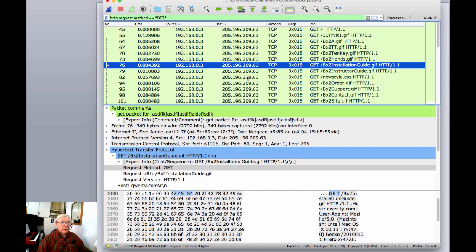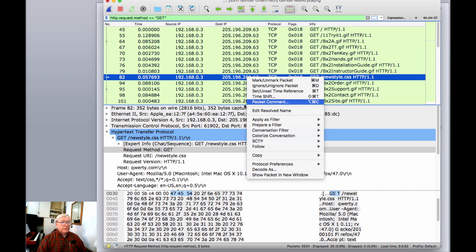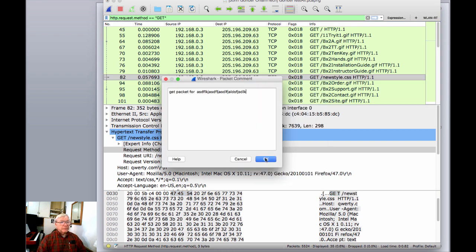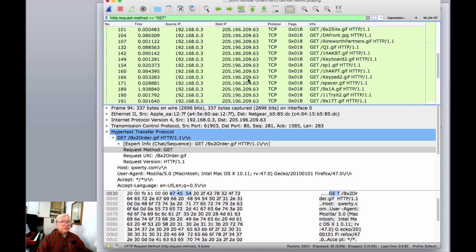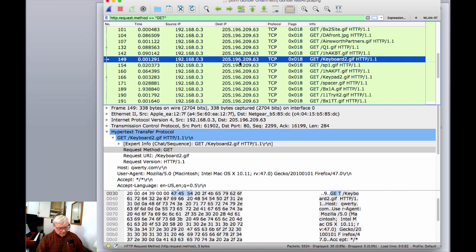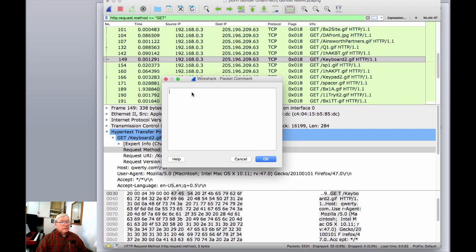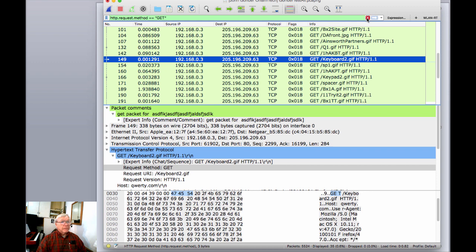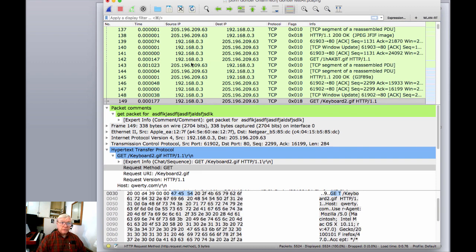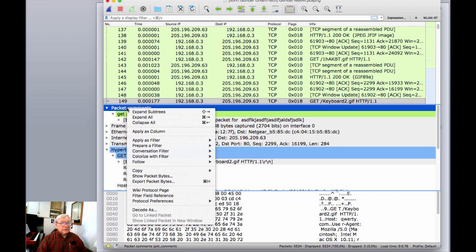So there we go, and then we're asked to find a couple others, and I'm just going to create a couple more comments here. So whatever it is that you're supposed to be looking for, you can create a comment for it, and then there we go. Well, okay, so now what do I do? Well, what I want to get from you in an attachment is not the 5,524 packets that were all the ones that were captured, but let's just go ahead and right click on this comments field and say apply it as a filter.